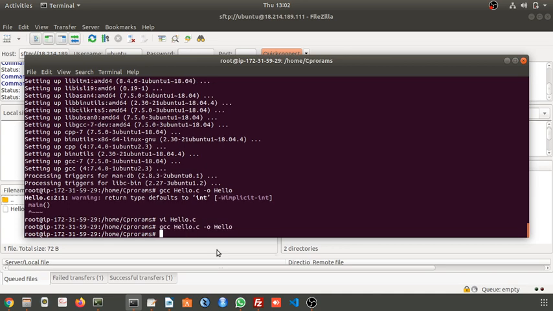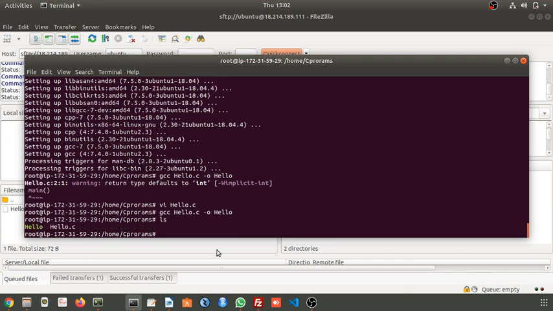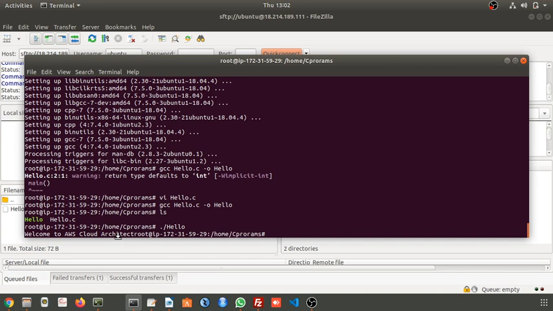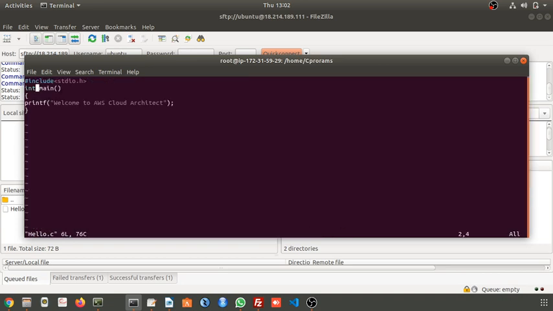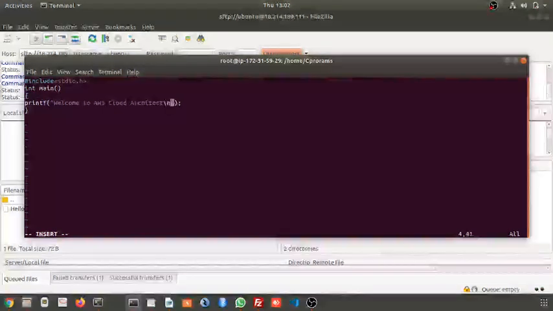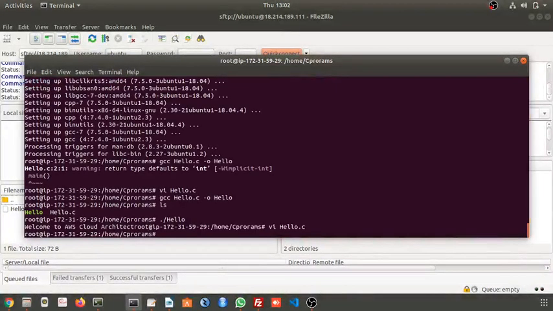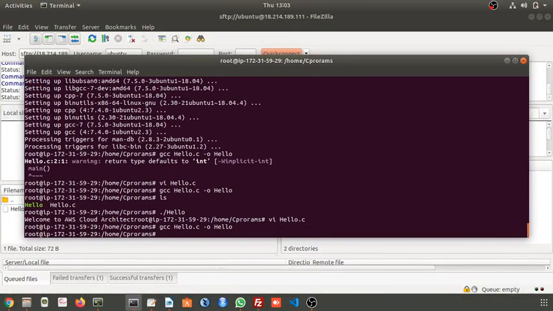So now the program is successfully compiled. If you type ls, an output file will be generated. The o stands for output. How to run this? Dot slash hello. So you are getting this. Let me edit this program a little more. Just press i so that you go to the insert mode, add slash n, then escape, shift colon wq, which means write and quit.